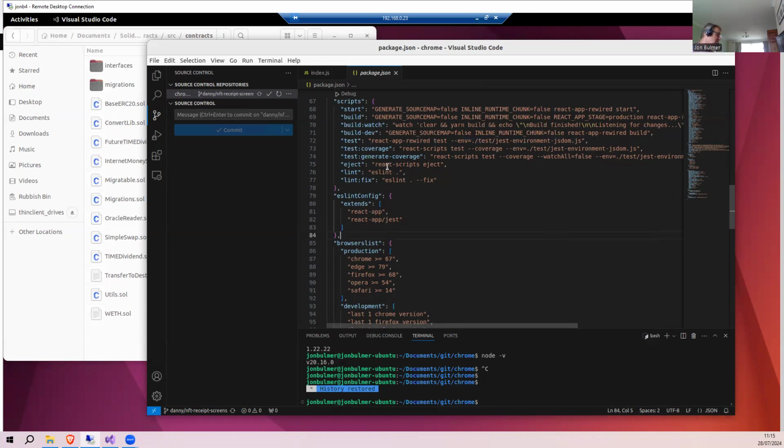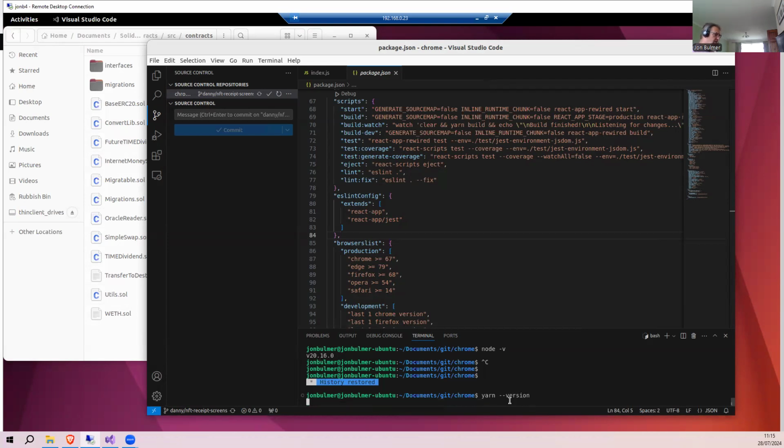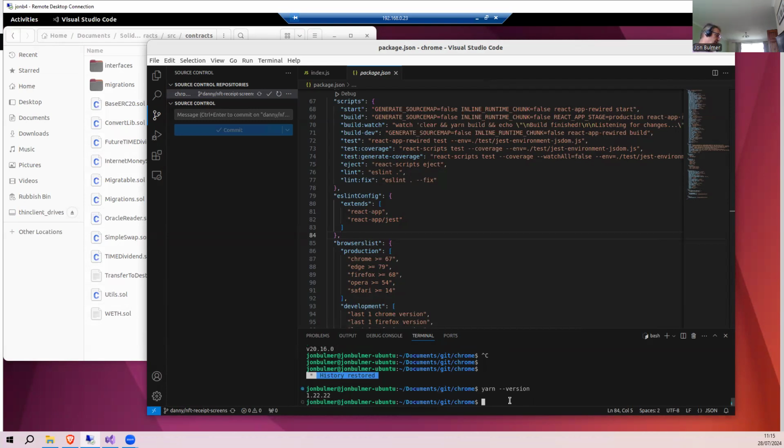If you run that setup, first of all you need to have Node installed, the latest version of Node, and then you have to install another thing called Yarn. If I just do that, you can see that it's installed and I have version 1.22.